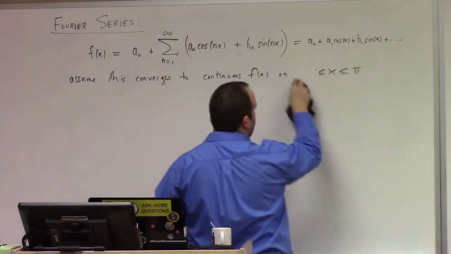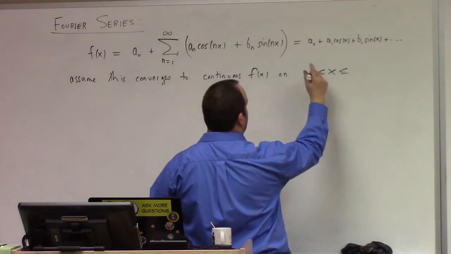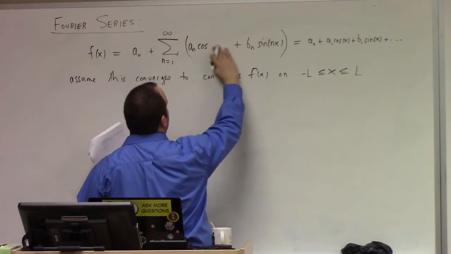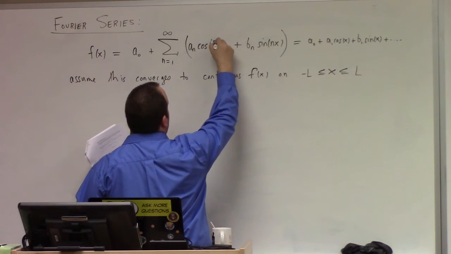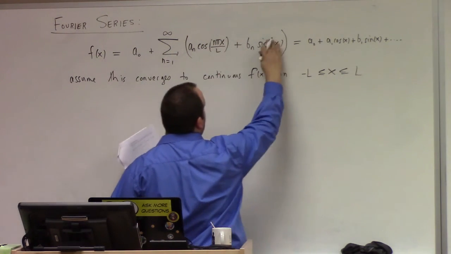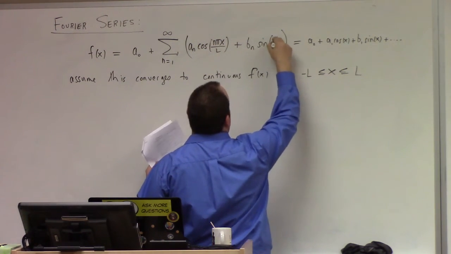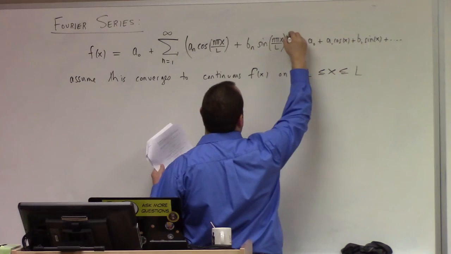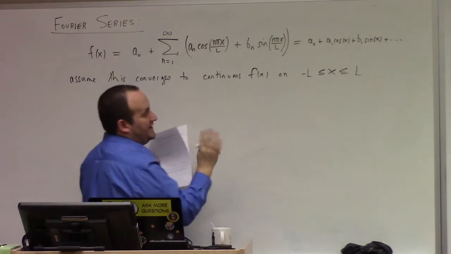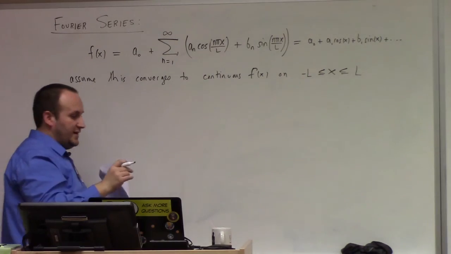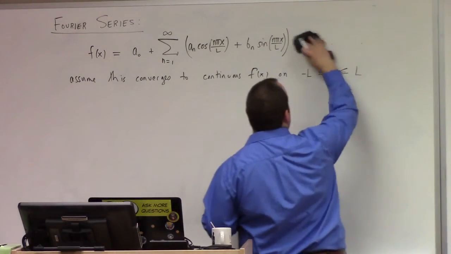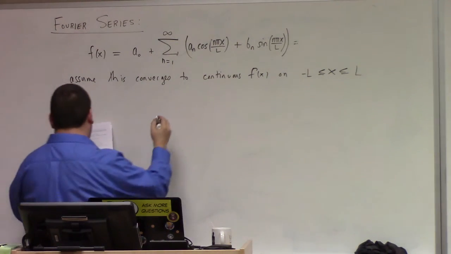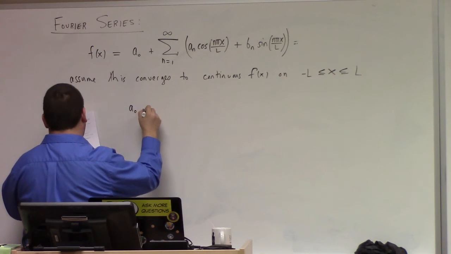So if you want x to go between minus L and L, the way the formula changes is instead of having n pi, you have n pi x over L. So you see what happens here is when you put L equal to pi, these formulas simplify the nicest way possible, right? See how that is? So the choice L equals pi is a very nice thing to start with because it makes the formulas most beautiful. But just by making a substitution in our earlier work, we can derive that a sub naught in this case is